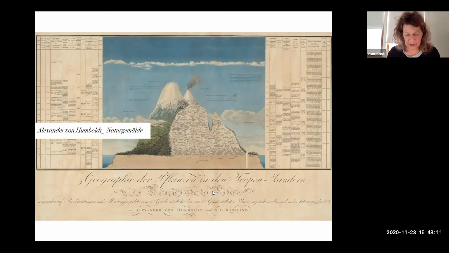work that lays the foundation for the field of biogeography. This very famous image, known as the Chimborazo map from 1807, shows a range in the Andes as a cross-section. And what's really most important for us is that the map displays complex information together, including such things as the animals and plants found at each elevation.